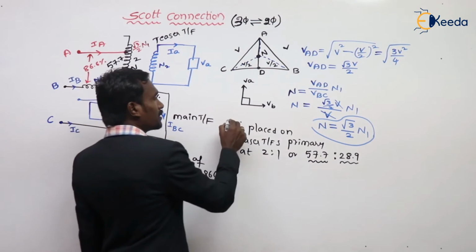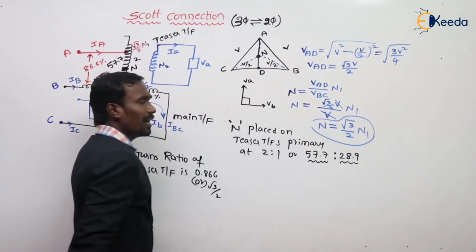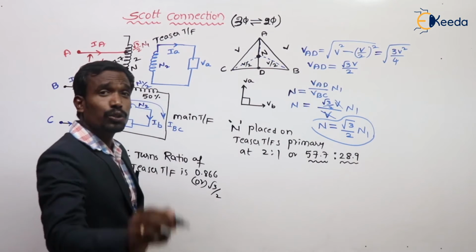The neutral is placed on the teaser transformer at a 2 is to 1 ratio to get the